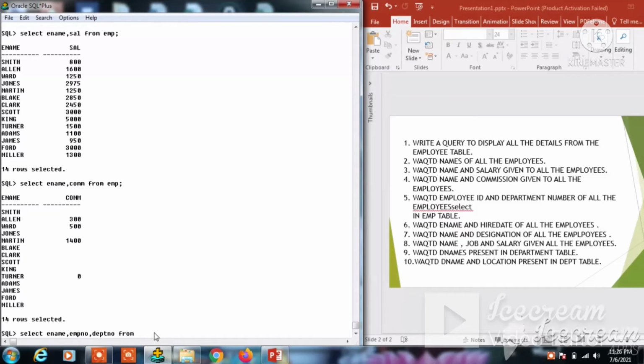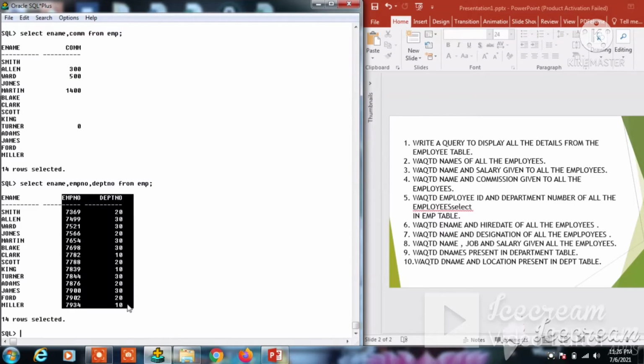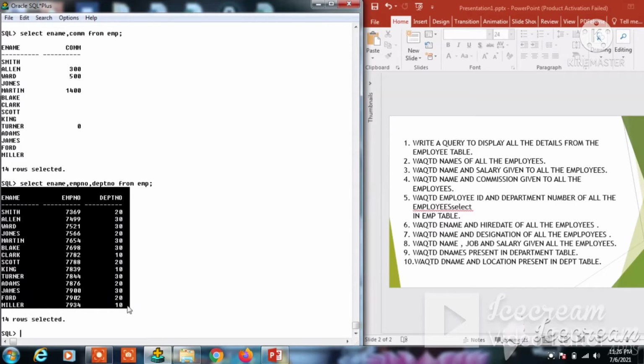So select from the table employee. He wants only these data, but for our better understanding I give the name also: employee name, their employee ID along with their department number. This is the better way to view the results.